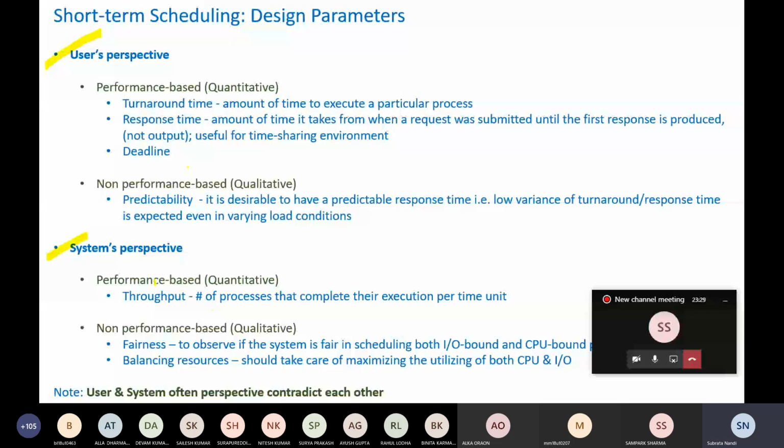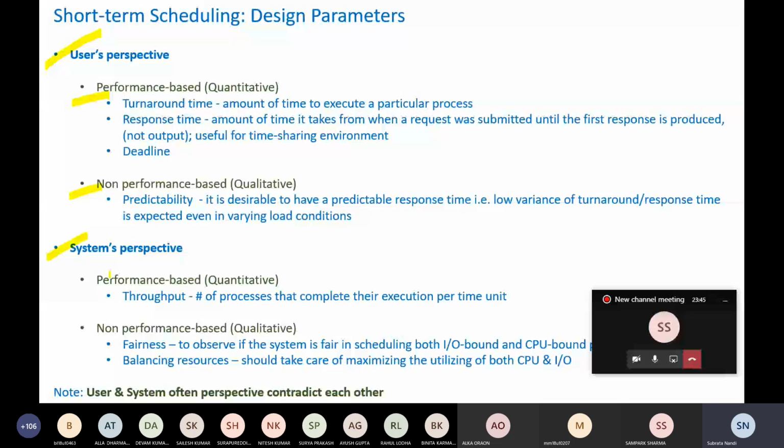And in each of these two, we have performance based parameters, which you can really quantify, which you can calculate, and non-performance based, which are qualitative in nature, where you can say it's good, bad, and so on. You cannot precisely quantify it. Same in the case of the system's perspective, you have the parameters in two types: performance based and non-performance based. If we look into these parameters, many of them are well known to us: turnaround time,